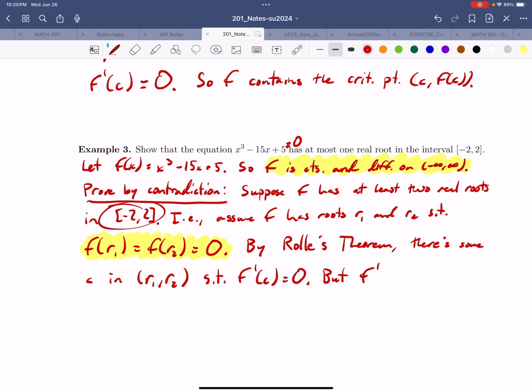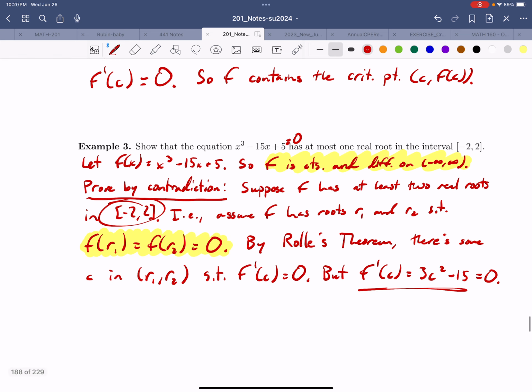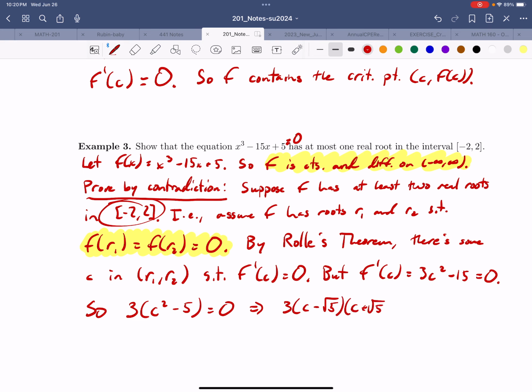But f prime of c equals, we can just take the derivative, right? So you see that we're assuming this and this. Actually, let me say, we're computing this, but assuming this. Right? Okay. So let's keep working this out. 3 times c squared minus 5 equals 0 implies 3 times c minus root 5 times c plus root 5 equals 0. But the problem is,